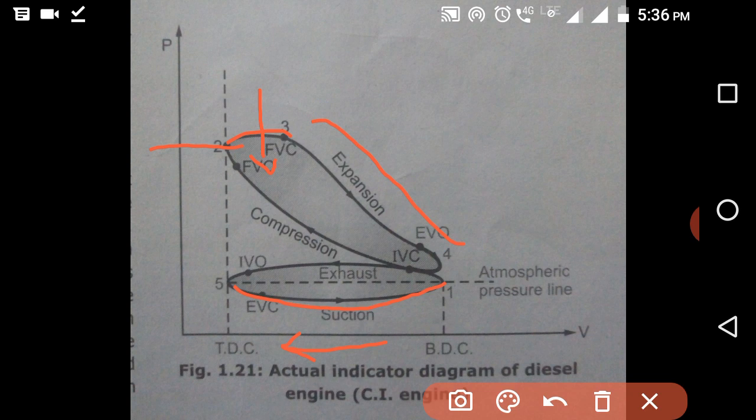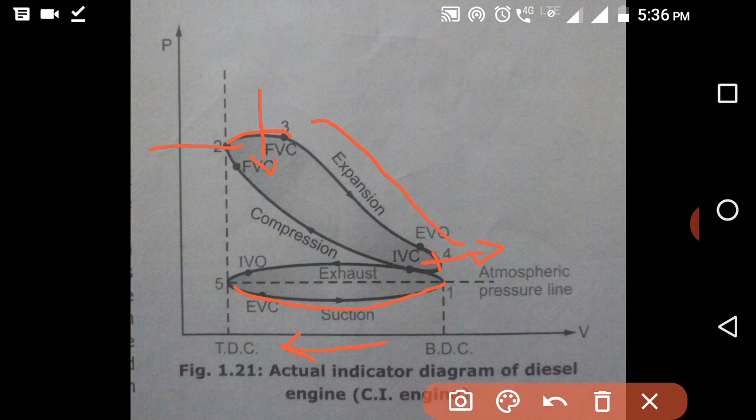When the exhaust valve opens, instantly there will be heat rejection at constant volume. After that, the exhaust gases, the byproduct of combustion, will escape from the cylinder to the atmosphere as the piston moves from bottom dead center to the top dead center.